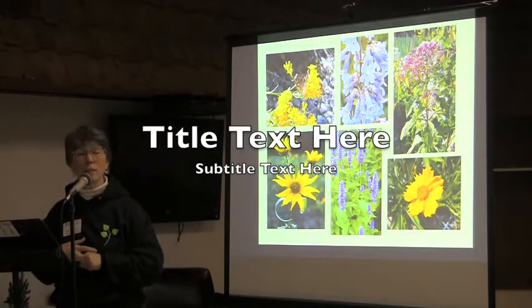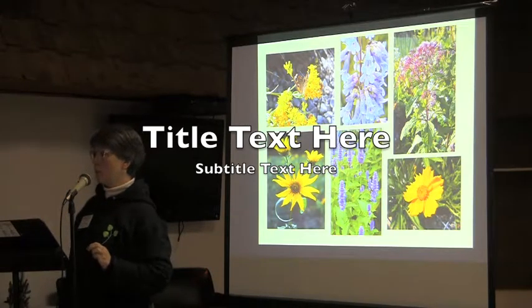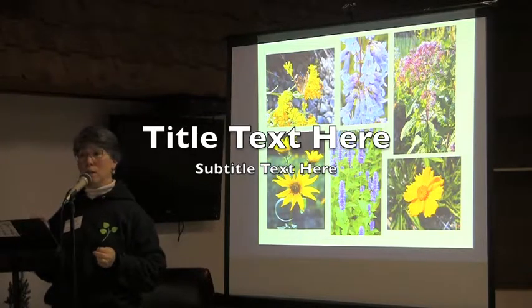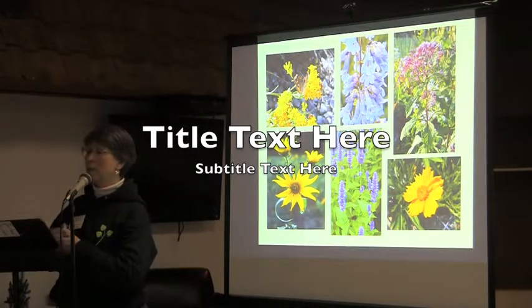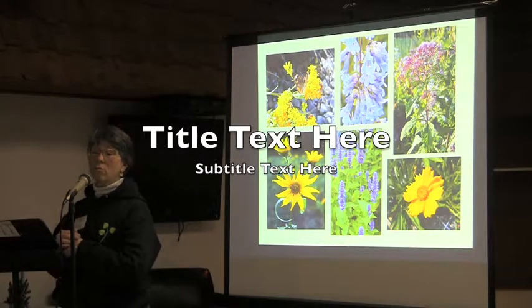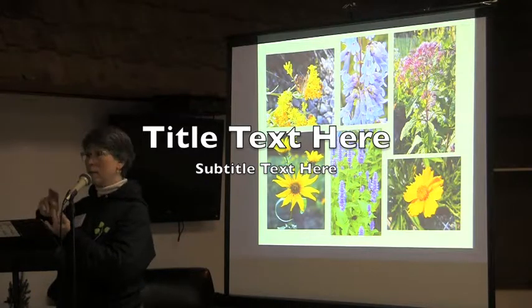Just a few other natives here. Goldenrod, up in the upper left-hand corner. Goldenrod has a bad reputation for causing hay fever, but it's actually not the goldenrod that's causing that problem. It's the ragweed that's blooming at the same time. Goldenrod is another one of those plants that's incredibly valuable for bees and pollinating wasps and butterflies and beetles and